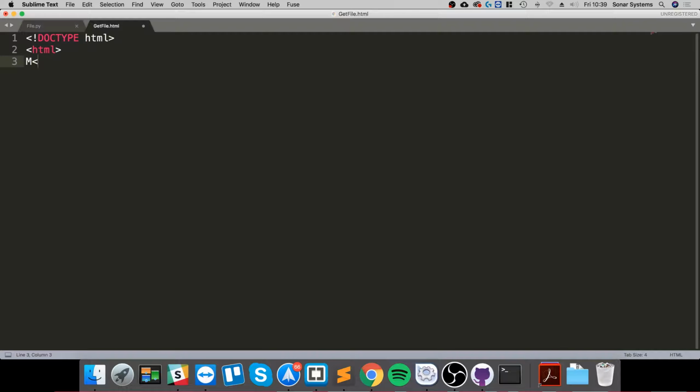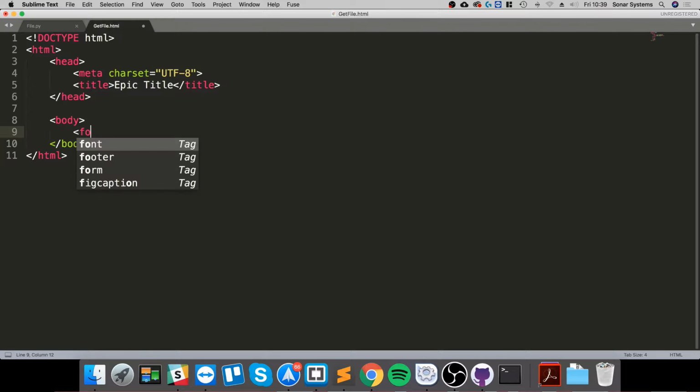We're going to have an HTML tag, and in here we're going to have a head tag. Again, just the basic structure of a website. In here we'll have a meta tag, which will just set the character set, and you'll set it to the really famous UTF-8. So now we are going to put a title, and this will be epic title. And now we're going to do body, and we're going to do form,